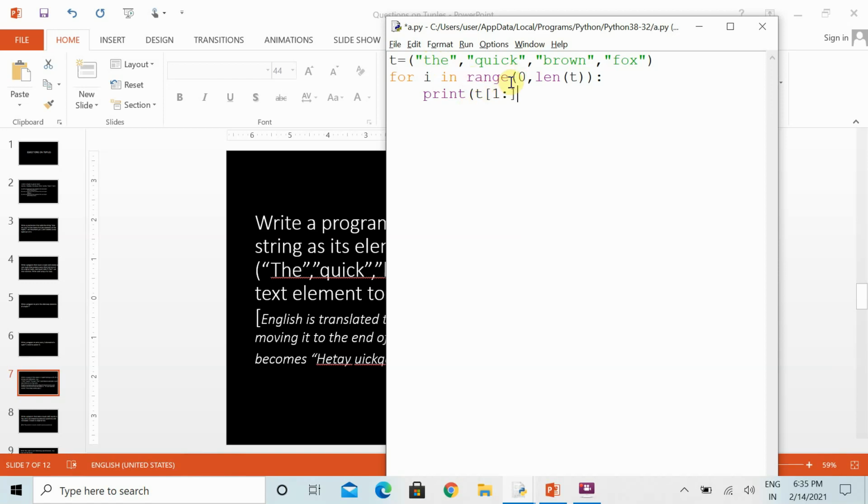We know that when we use the range function, we don't straight away write the tuple name. We have to put the index i inside the square brackets so that we can get the value. After that, in the tuple position, we are just fetching the first letter of each word, and then we use this.